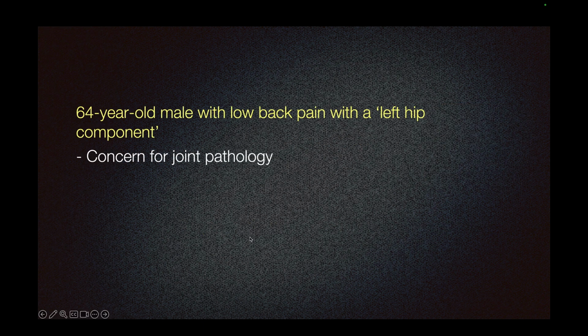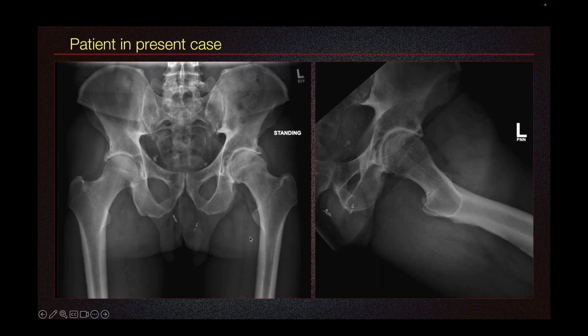We have a case of a 64-year-old male with low back pain with a left hip component. Radiographs show osteoarthritis of both hips. In the left hip, there is joint space narrowing, and we can also see osteophytes. On the right hip, the joint space is relatively preserved, but there is osteophyte in the acetabulum. And here we can see the left hip on a different view, where you can see the joint space narrowing